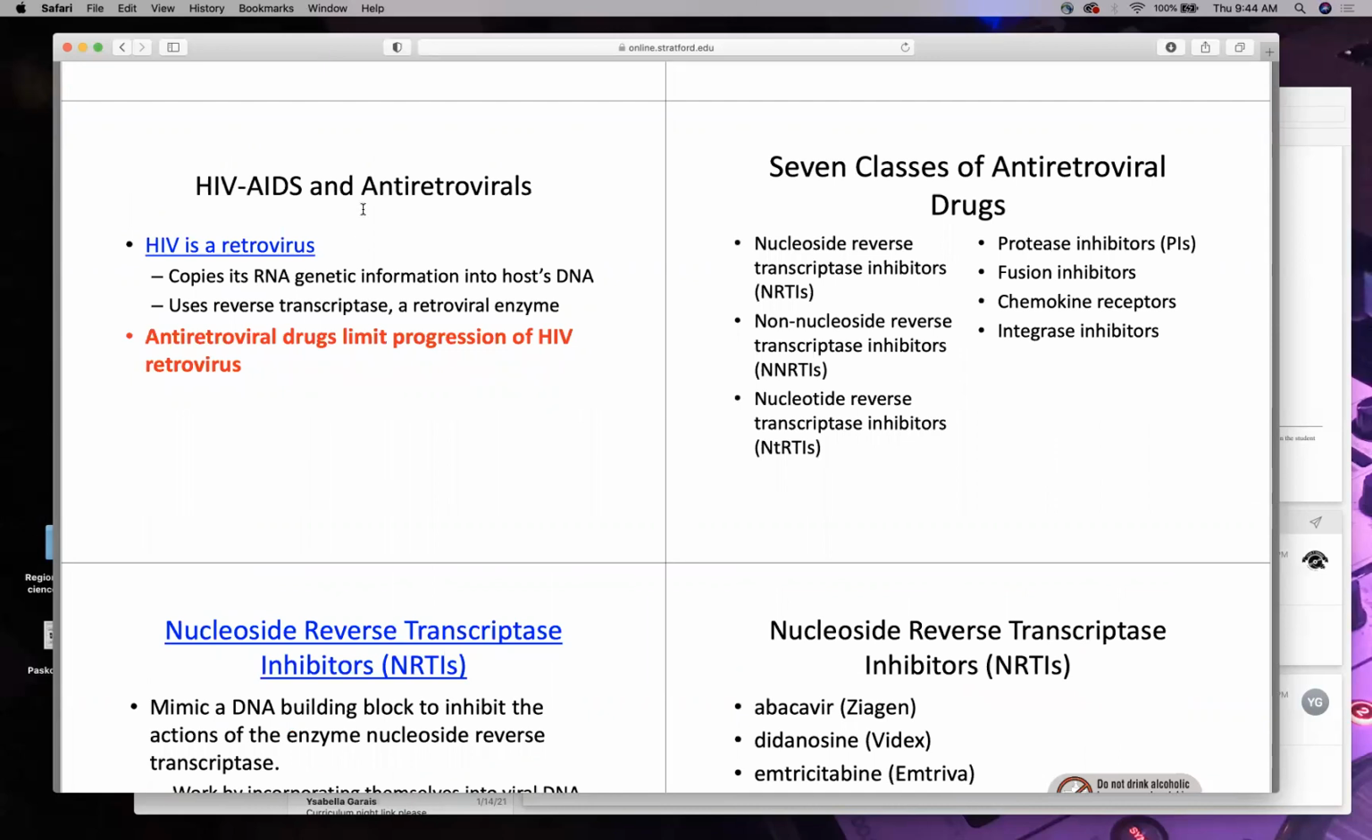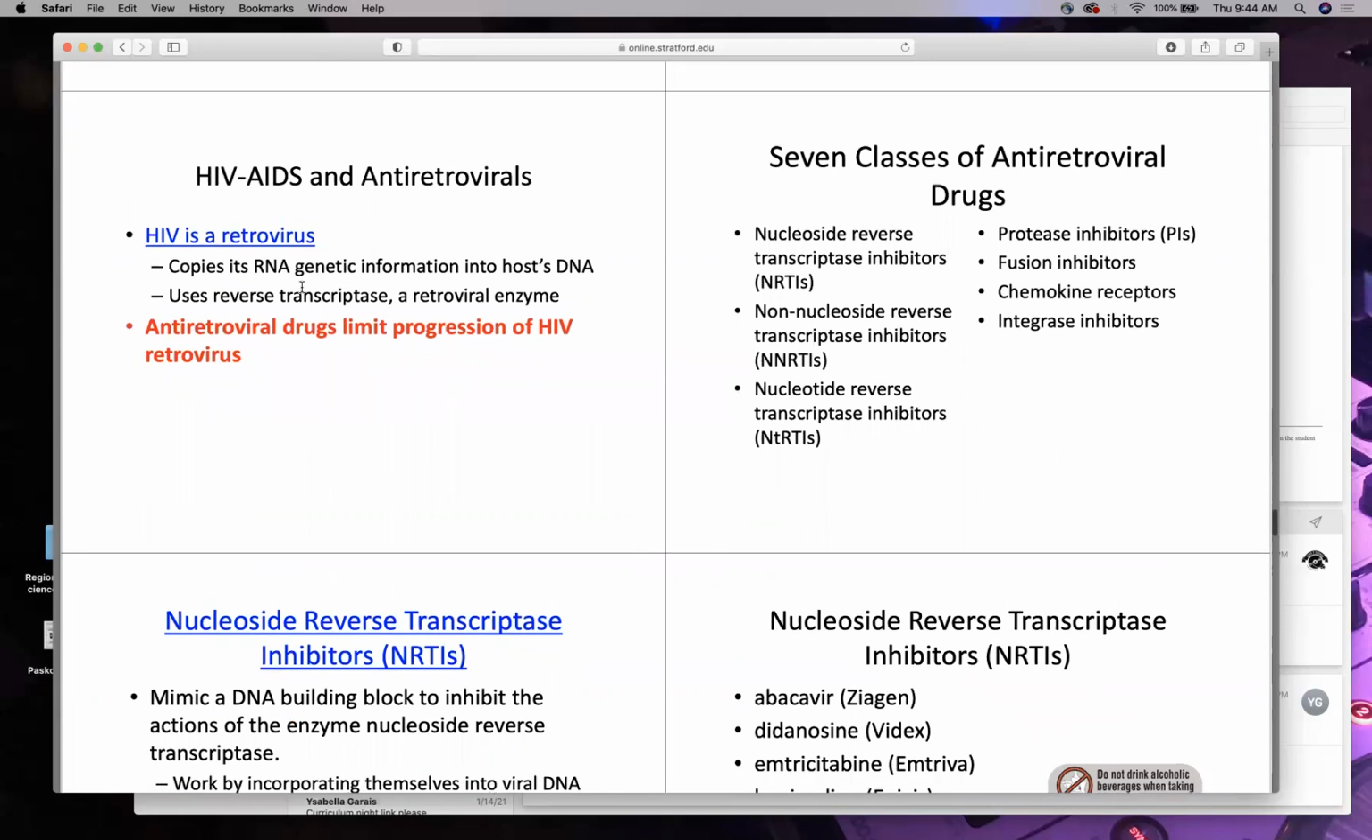HIV and AIDS. HIV is a retrovirus. So what does it do? It hijacks the RNA of the host, right? And then that RNA creeps back using this enzyme called reverse transcriptase. It works its way back through the process, from the message, which is the RNA, to the actual DNA. So it hijacks the RNA, then hijacks the DNA,